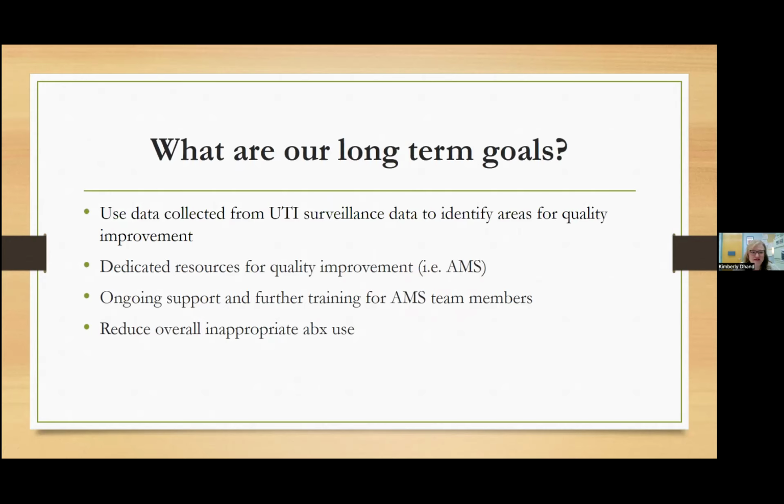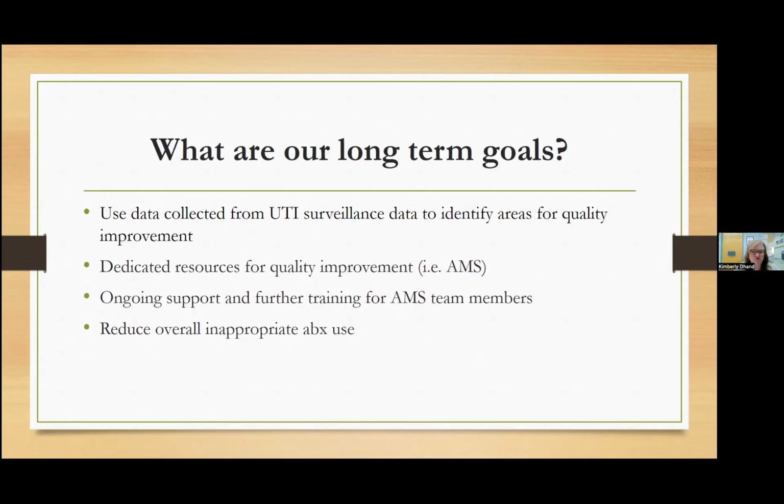And getting close to the end here. So what are our long-term goals? We're hoping to use the data that was collected from the UTI surveillance forum for quality improvement purposes, to try and help streamline our prescribing patterns, and also hopefully prevent some unnecessary prescribing. In the long term, getting dedicated resources for quality improvement, including AMS, would be quite lovely to have, that extra support, but we know that there are always competing